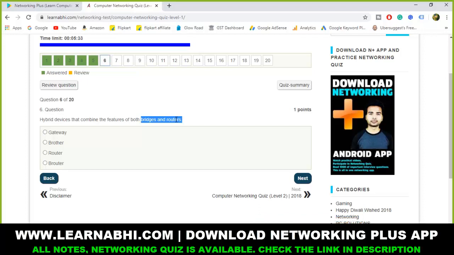Gateway. Not router. Okay, tell the correct answer. How many of you want to answer router? One vote is for router.